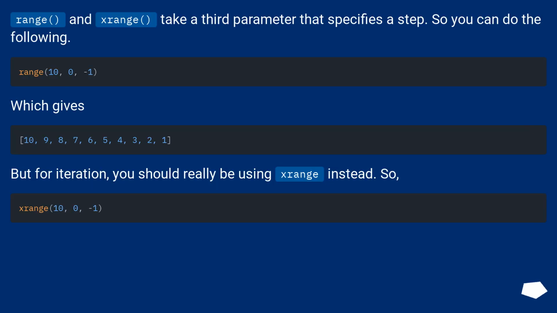Range and xrange take a third parameter that specifies a step. So you can do the following, which gives this result. But for iteration, you should really be using xrange instead. So,